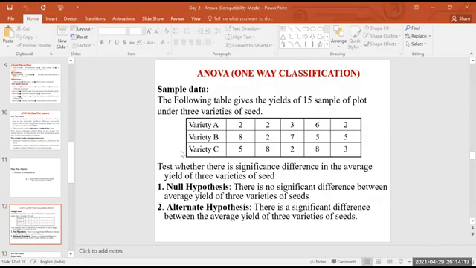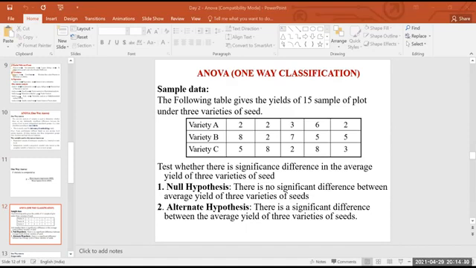I think the data speed is very low on your side, so I can share the screen now. Sir, better I can share the screen.